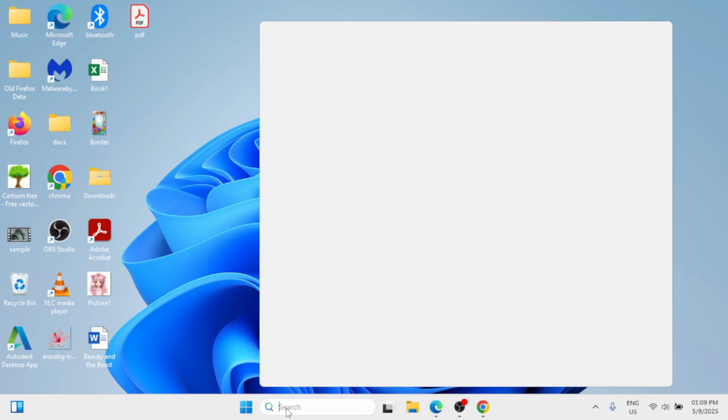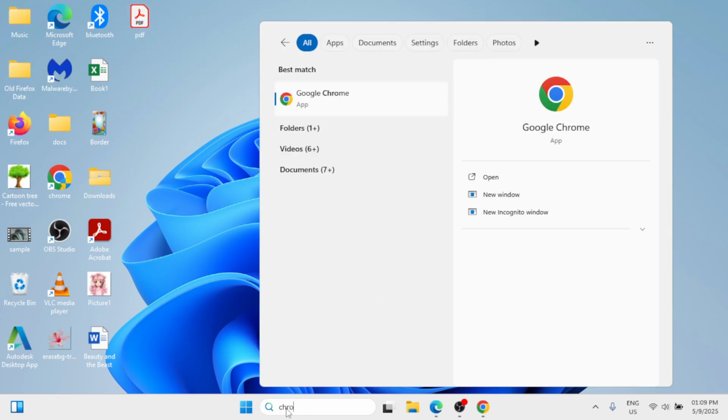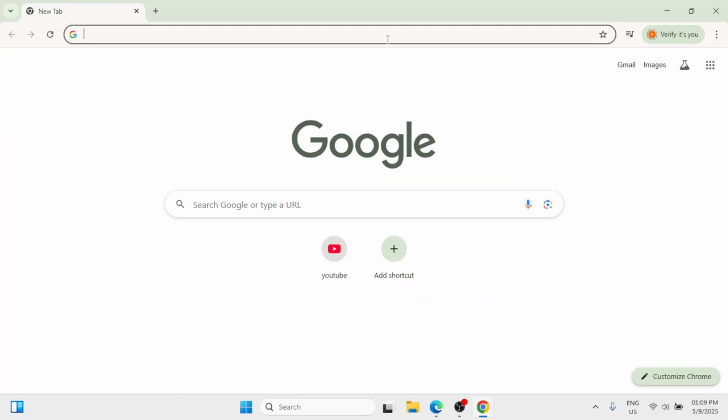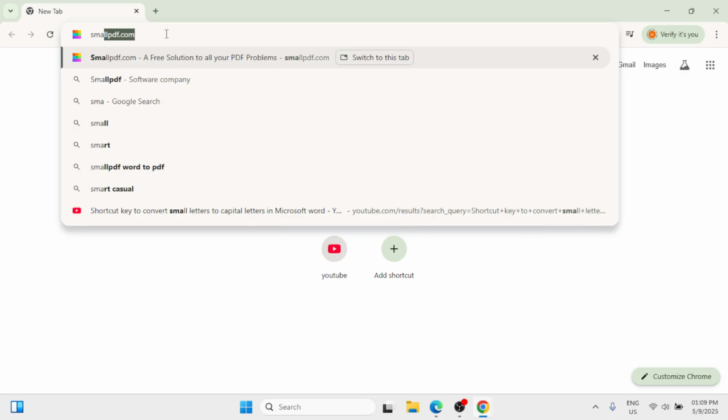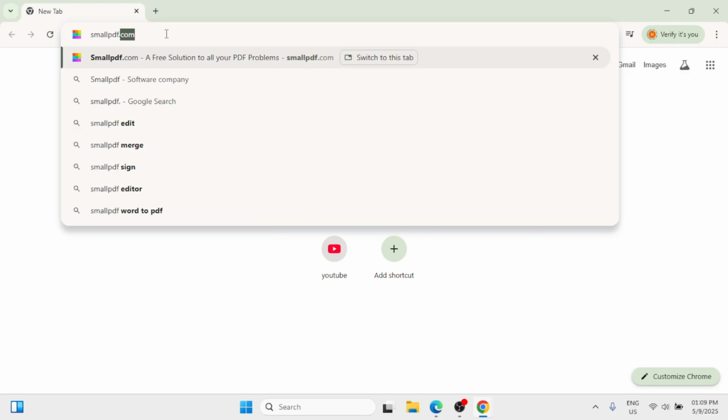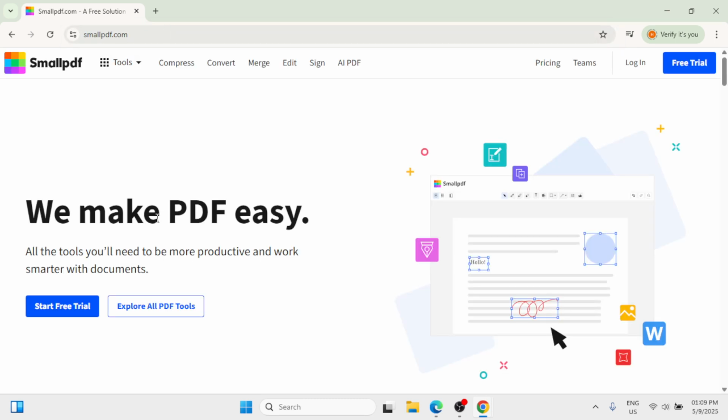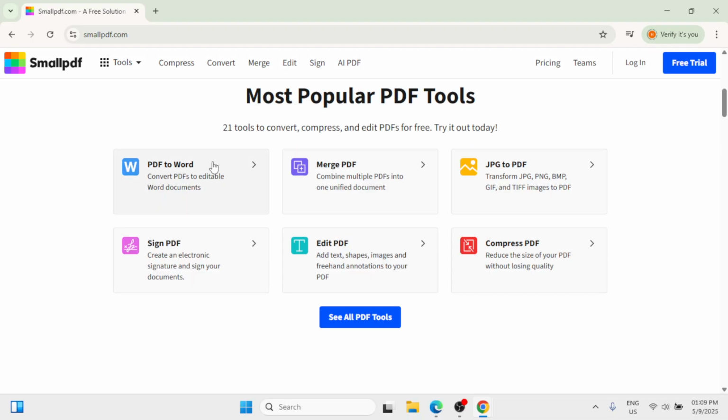So go ahead in the Windows search bar and simply type Chrome. Click on Google Chrome under the best match, maximize it. Now here in the search bar, simply type smallpdf.com. Okay, the same thing as what you can see on the screen. It's smallpdf.com. Hit enter. Okay, scroll down and you'll find the most popular PDF tools, and you can find here